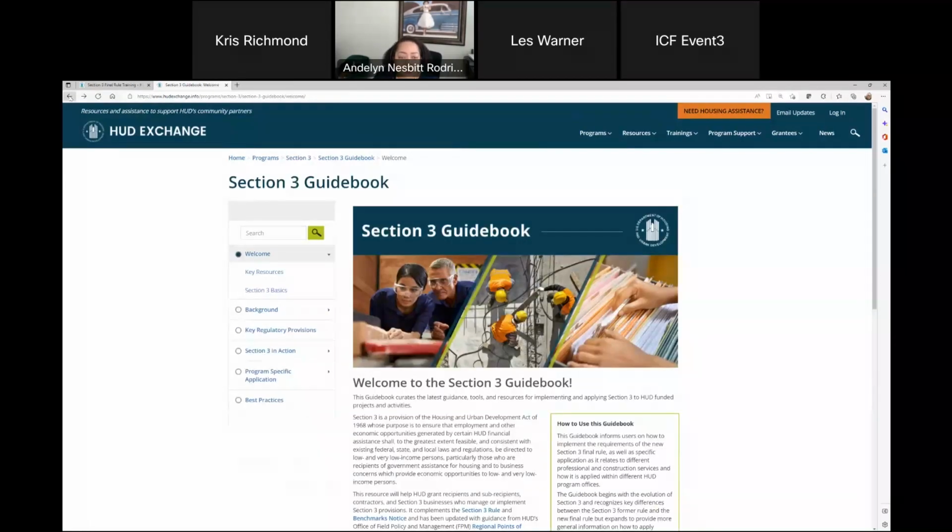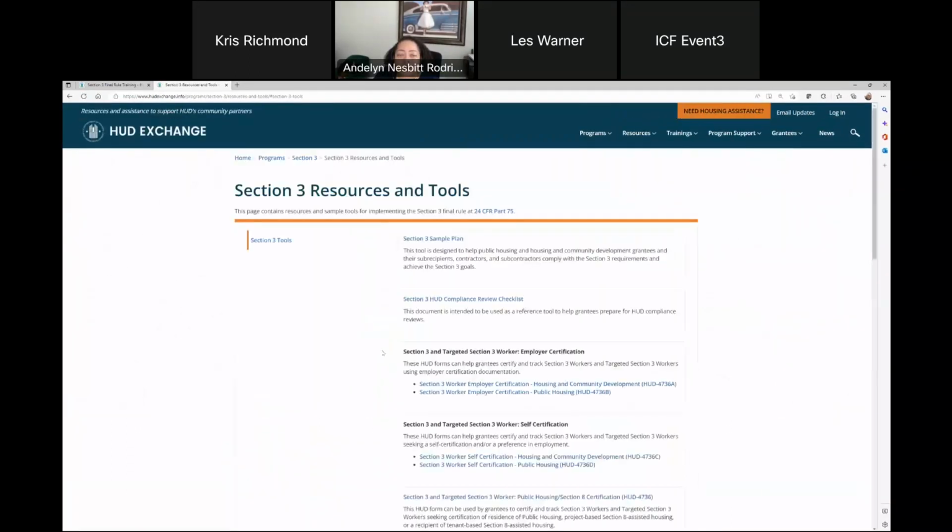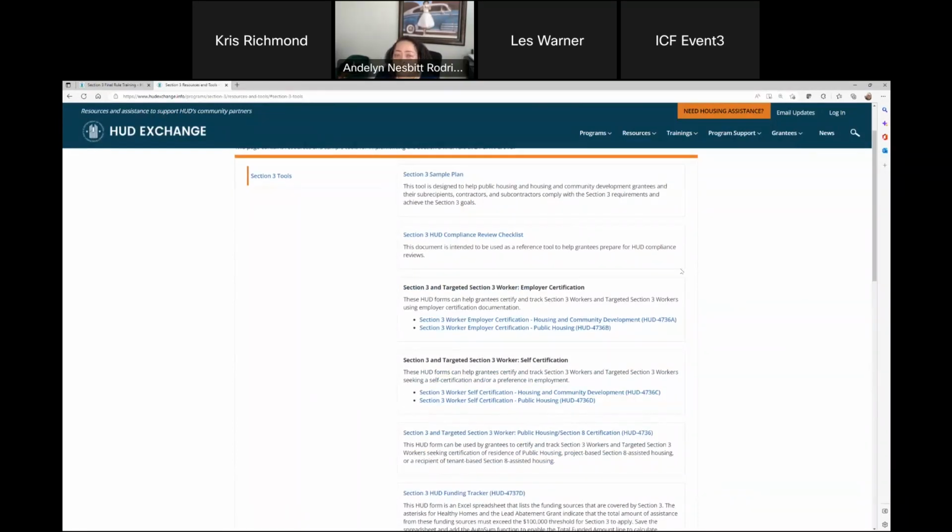I also want to show you down here with the e-guidebook, in the same flip over here, there are tools. Here's a sample Section 3 plan. I think a Section 3 plan is one of the most useful tools you can have with Section 3. It kind of lays out everybody's responsibilities so that everybody is on the same page at the beginning of the project for what needs to happen. Here's a HUD compliance review checklist.